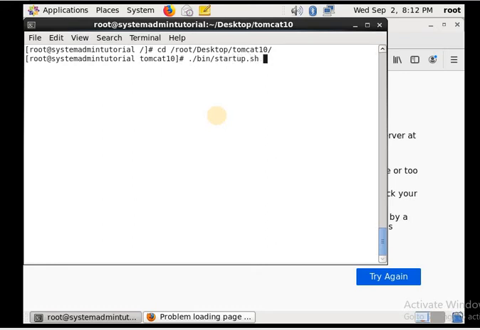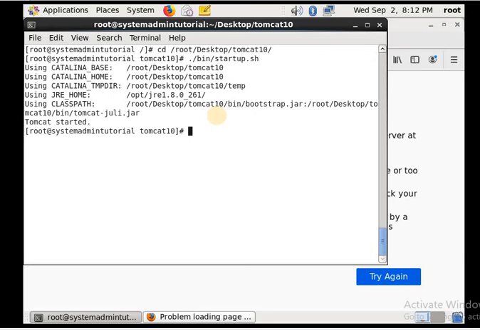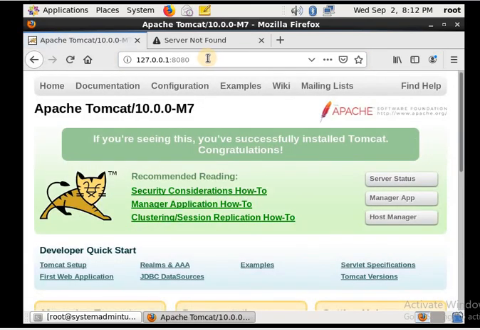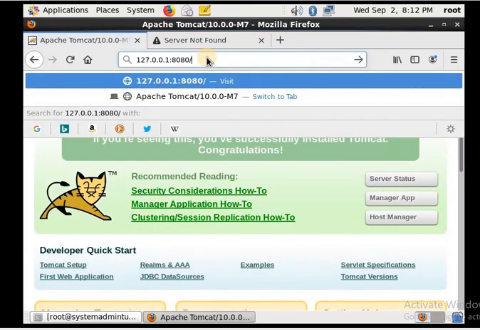Now I have to start the service. You see, the Tomcat has started. Next I'll check whether Tomcat is working or not. Now it's working.